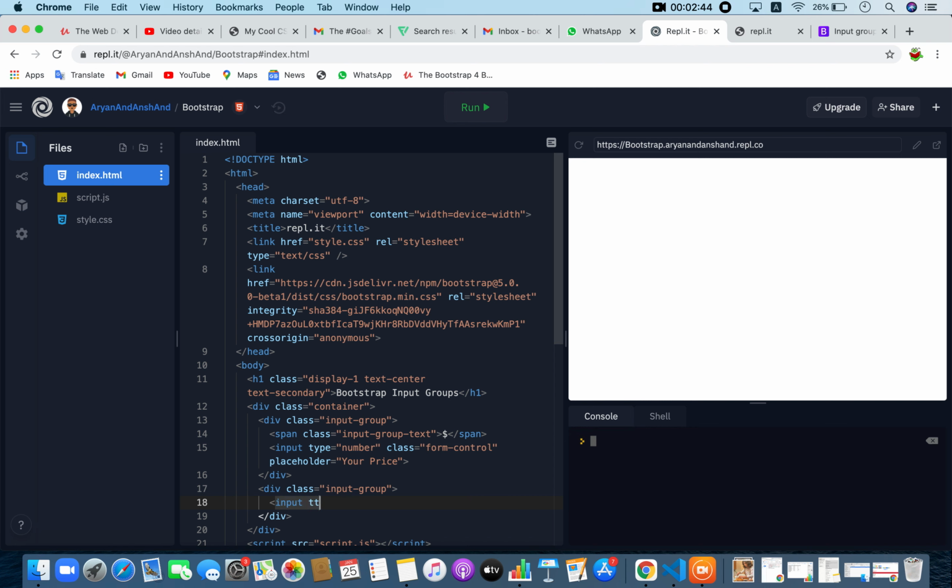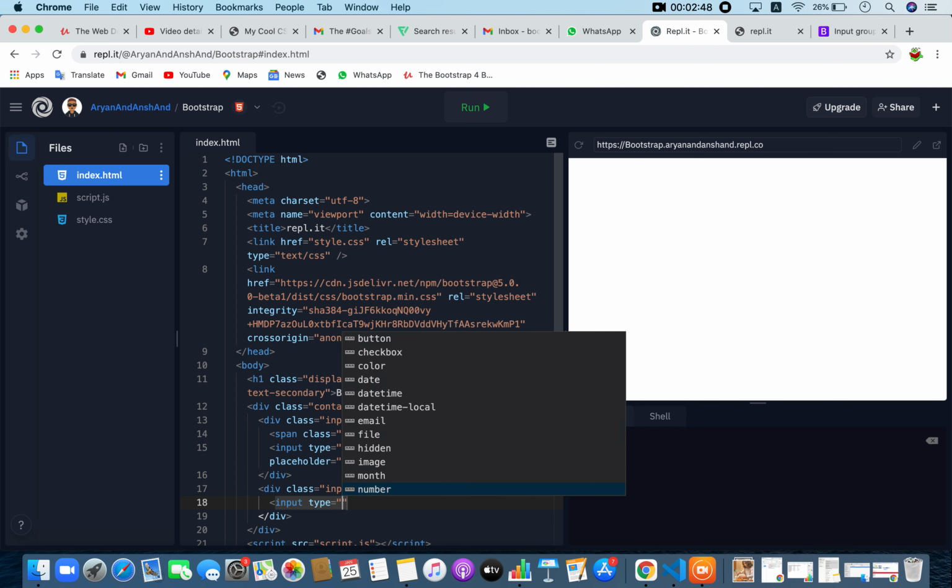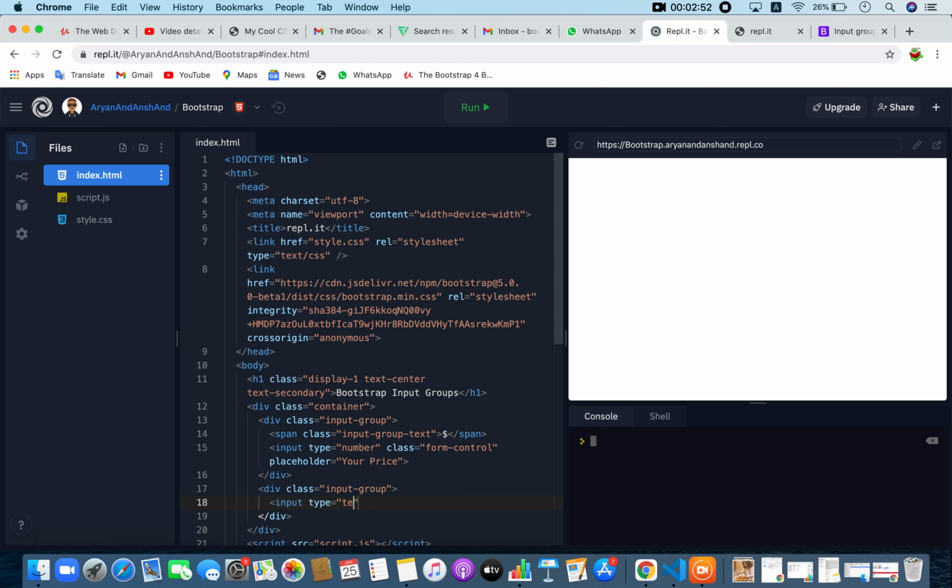So input type equals text, and I'll do email, and I'll make the placeholder your email, and I'll give it the class of form control.